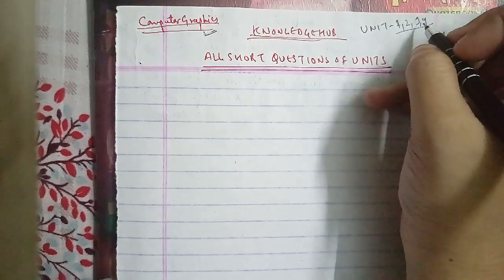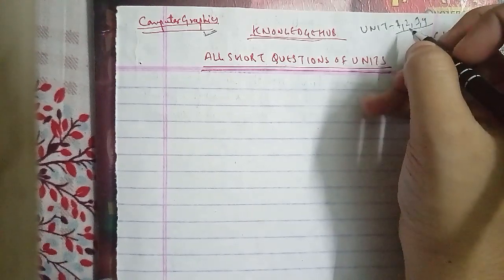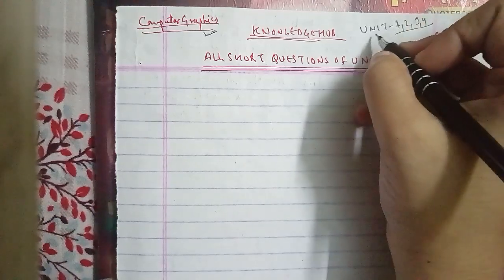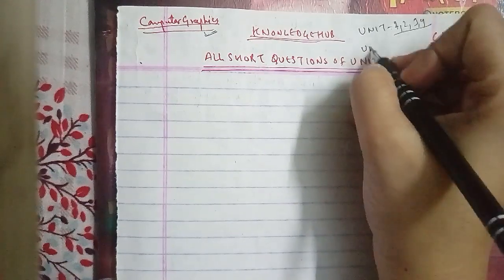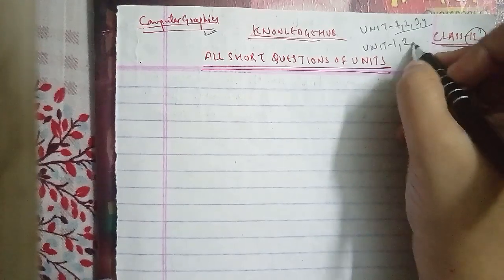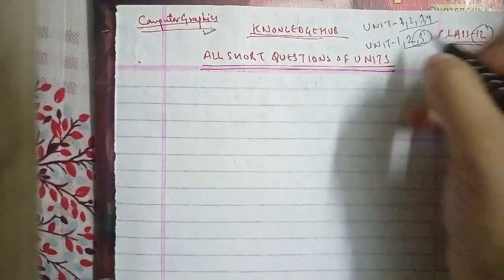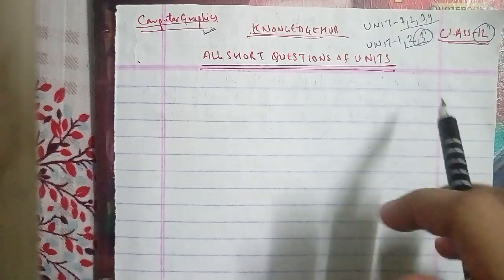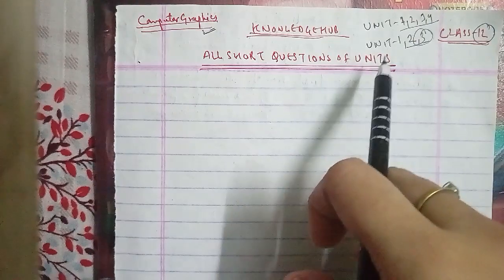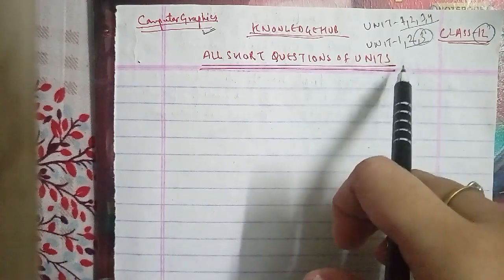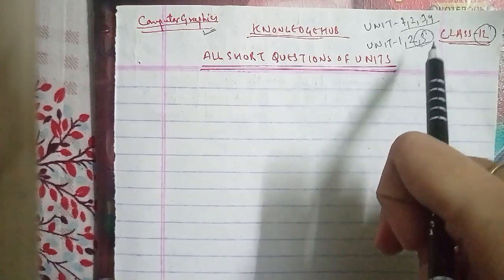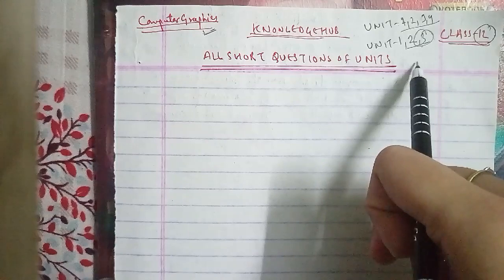And other than that, we are dealing with all the short questions of all the units, that is the 2 marks possible questions. Even though we had completed unit 1 and unit 2 in that, hopefully we'll complete unit 3 short possible questions as well. Then we have to complete the application based and evaluation based questions, and after that we'll start with unit 3, where we'll discuss memory based, application based and evaluation based questions as well.